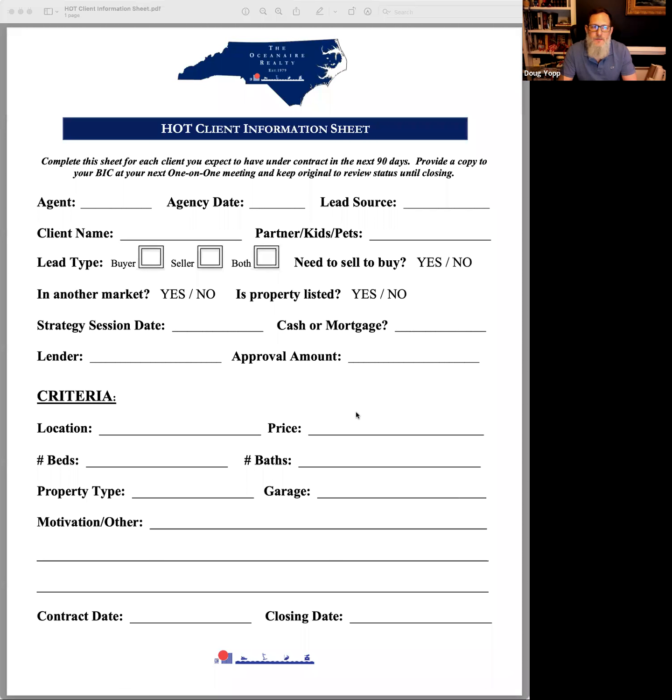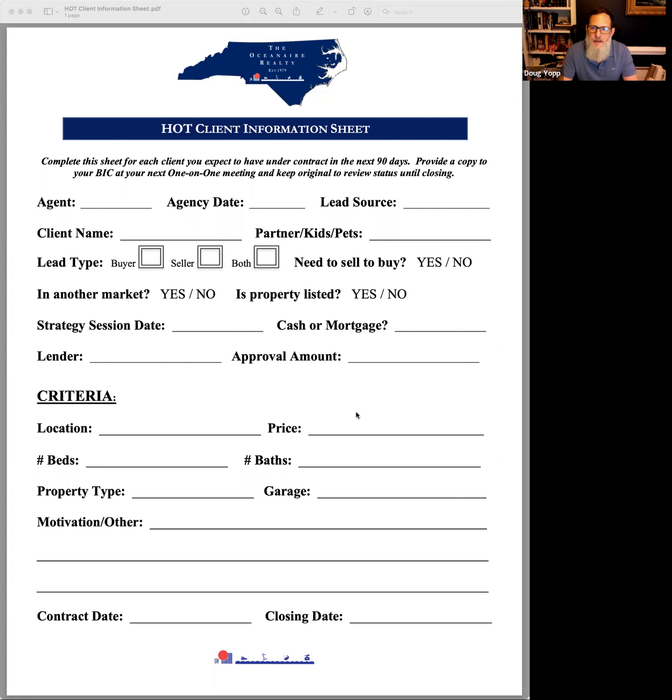All of these things. Then, of course, very important, the criteria. Where are they looking? What is that price point relative to their approval amount? Some people might be approved for 6, right? But I don't want to spend all that money. 4 is my max budget. We all know that lenders are going to approve for the max that they can approve, right? It's just part of life. They're going to let people know what their top options are, the max they can go, right at that limit, right? But by and large, people probably aren't going to push that far.